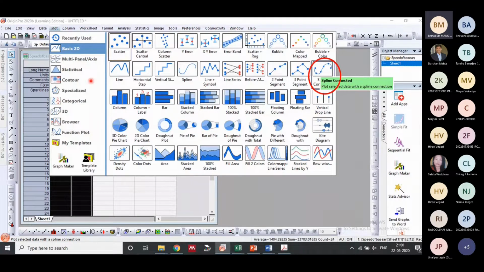So here I want to plot the scatter data and I want to connect it with a curve line. So this option I have selected. If you want to connect the data with a straight line, that option can be selected. But here I know the nature of the data, it will be a curve line. So this spline connected has been selected.